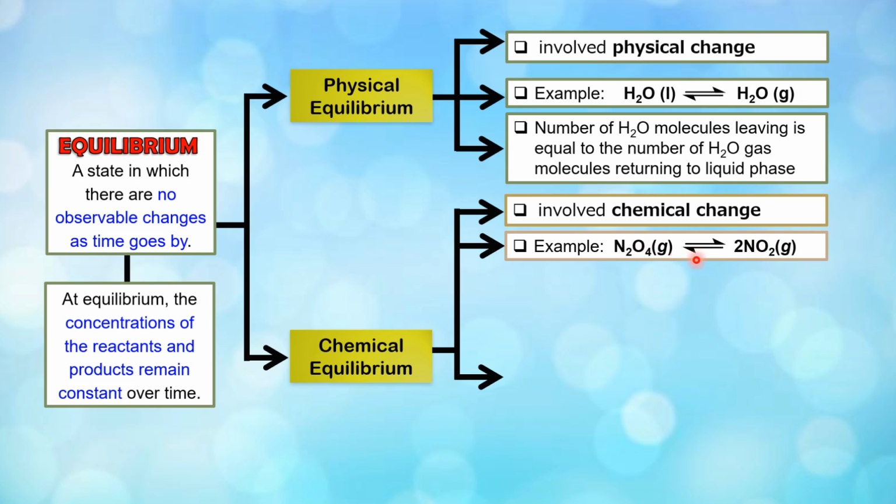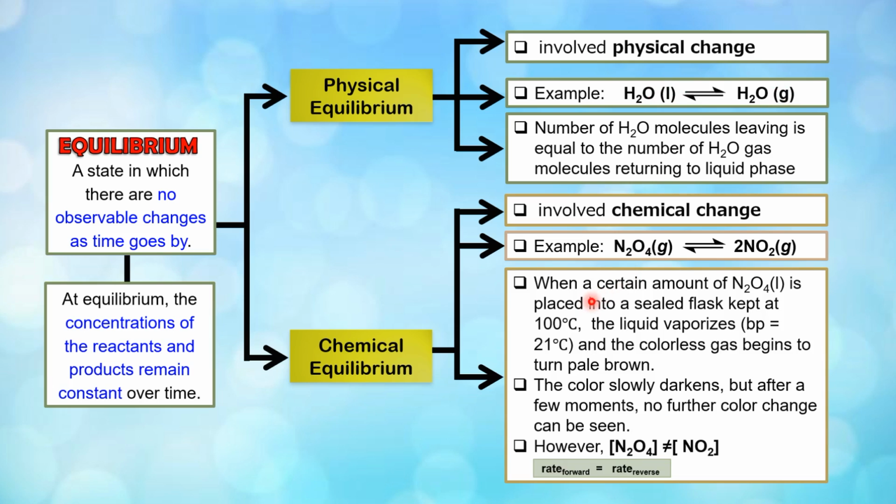Okay, however, for the phase here, it can be the same phase or it can be a different phase. Right, so for a physical change, the reactant and product are still the same. The change here refers to the physical state, from liquid to gas, from gas to liquid. Alright, so for this experiment, N2O4, a certain amount of which exists as a liquid, is placed into